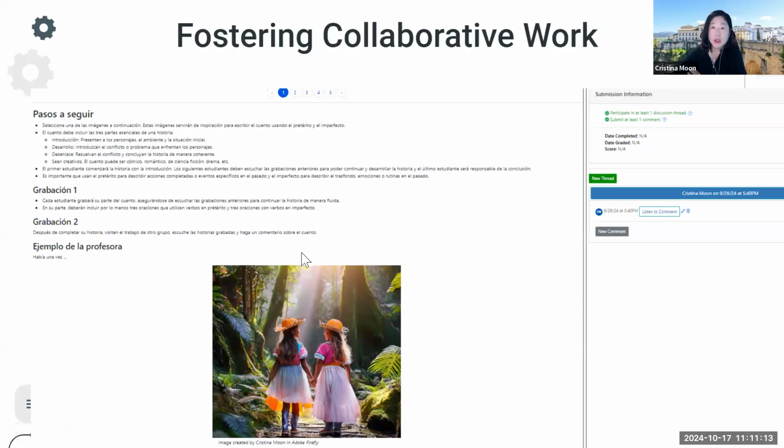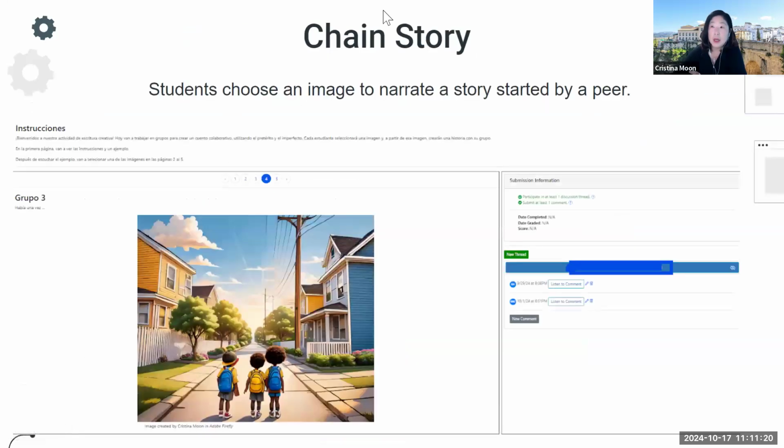So a few more pictures. For example, this one is from one that I created for my class, where students have to create a chain story. I put them in groups, they have a picture, and they have to create a story based on the photograph, the image that I put in there. You can see the first student comes in, records, second student comes in, listens to that, and continues the story. So you would have a chain story, all narrated in this case.